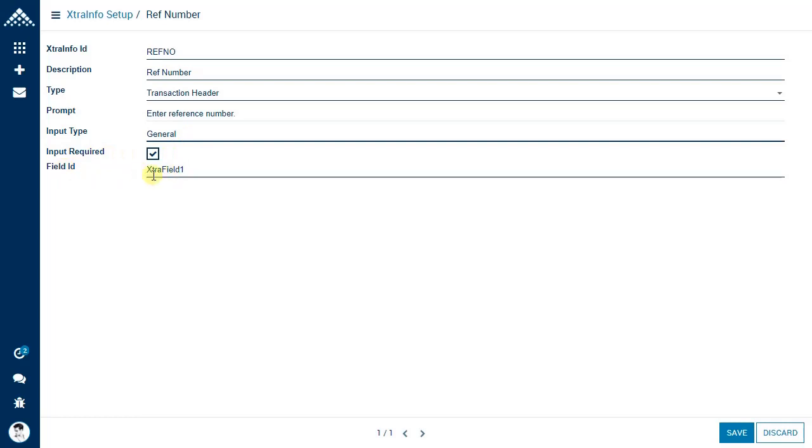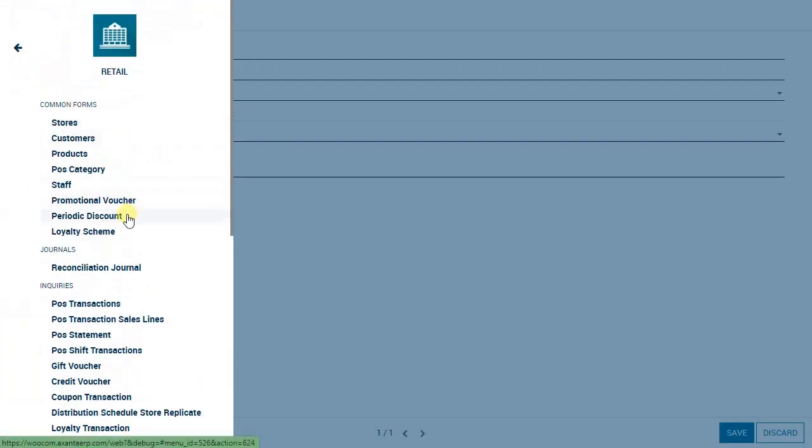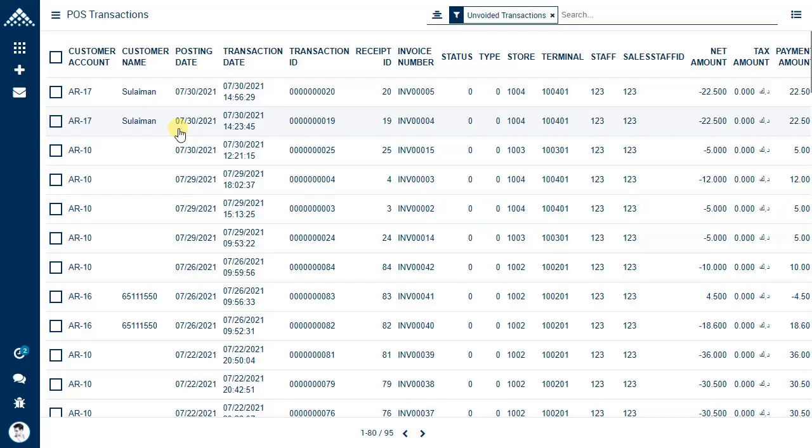Field ID. Now this is a very important option, that is where you want to capture this information. To understand this field concept, I will go to another tab and I will choose from inquiries POS transactions. So these are the list of transactions available.